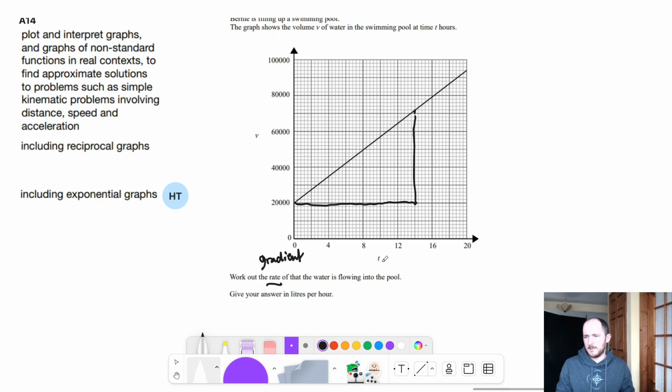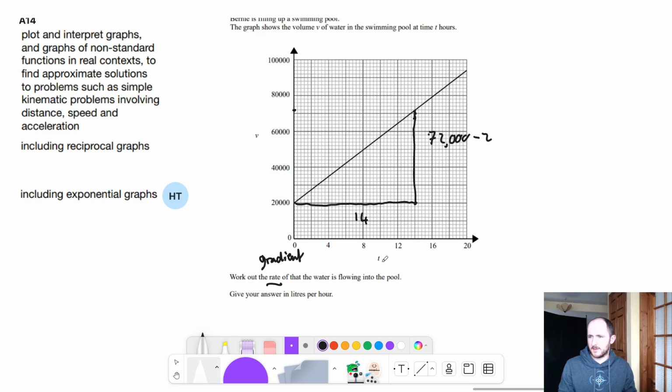The width of this would be between 12 and 16, so it would be 14. And the height, if you see it, is going to end up here. So that should be 62,000, 64, 68, 72. Nah, it's too big. So it goes up in 2,000, yeah. So 62, 64, 66, 68, 70, 72, 74, 76, 78, 80,000. So that's going to be halfway between that. It would be 72,000. So the difference is 72,000